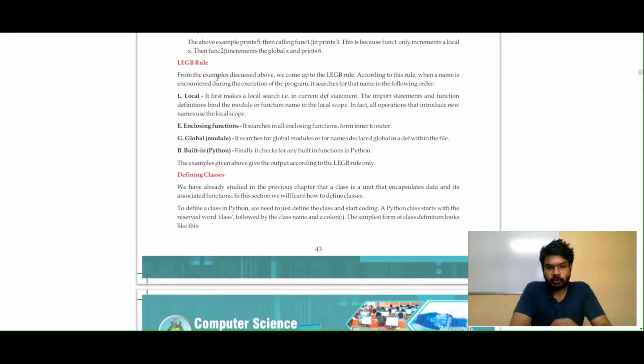So like this, the scope expands. The search for a particular variable or function starts from a very small level, and slowly and gradually expands to the entire scope of the module. That is how the execution of a program actually takes place.